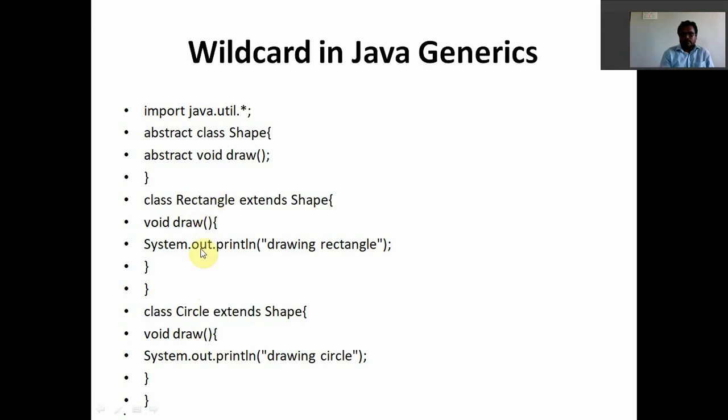With the help of these child classes, we are implementing the draw method. Within the Rectangle child class, drawing the rectangle. With the Circle child class, drawing the circle. That means in these two child classes we are implementing the draw method.